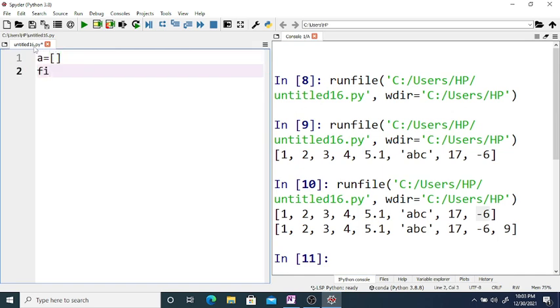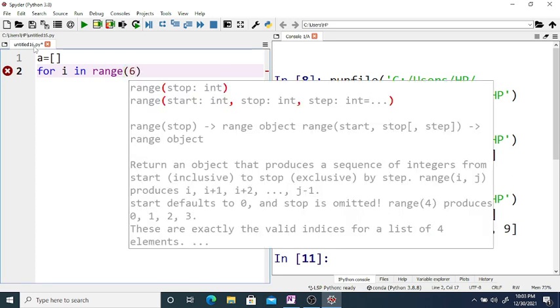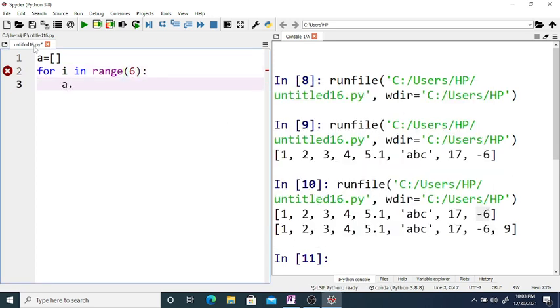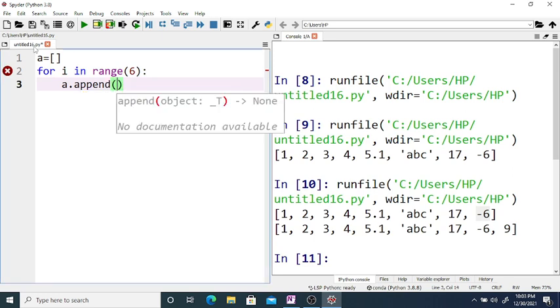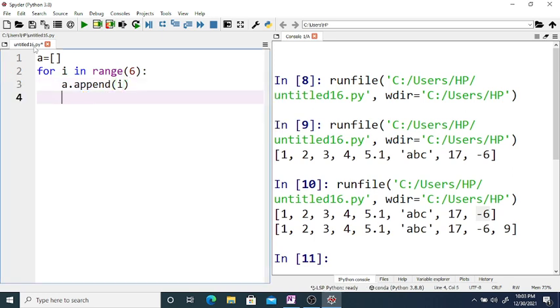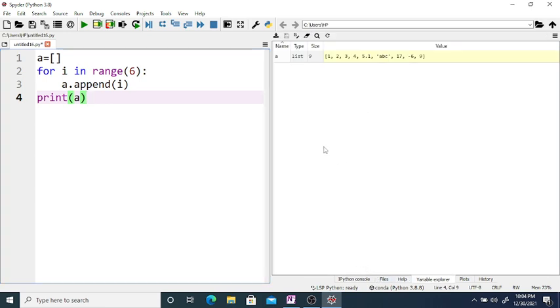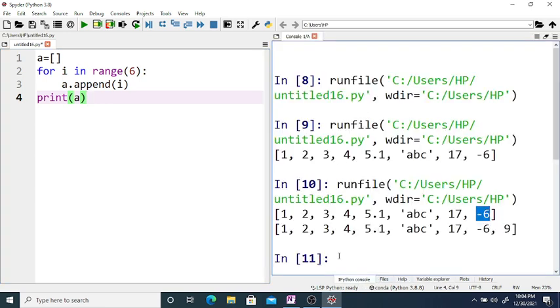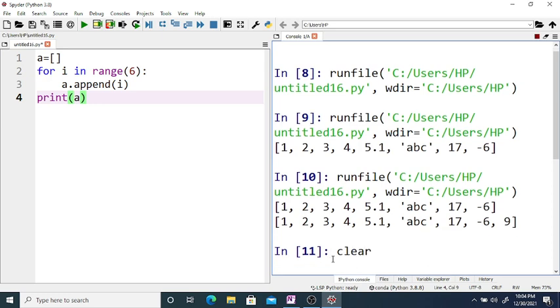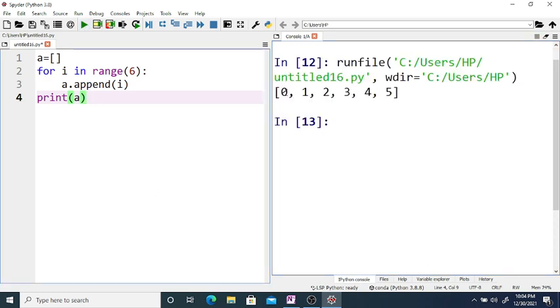Then by using a for loop, for i in range 6, a dot append i, and if you print a, since we know that the for loop starts from i equal to 0, you can see a is 0 1 2 3 4 5. So you can append more elements by using a loop.